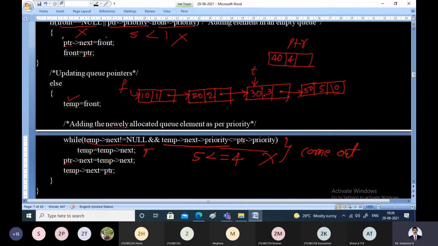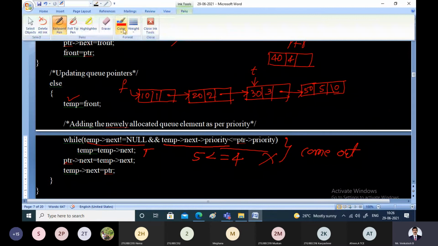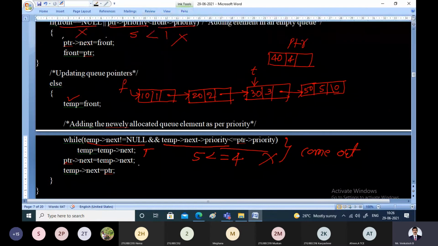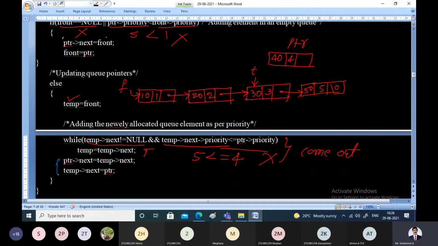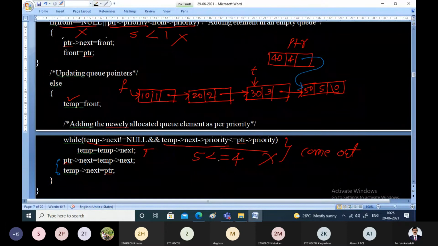So what sort of attachment do we do now? PTR pointer next is equal to temp pointer next. See here, for attachment purposes, I will show it differently so that you can understand. These two statements are attaching. PTR pointer next is equal to temp pointer next. Temp pointer next is pointing to this node, so now PTR pointer next will point to this node.